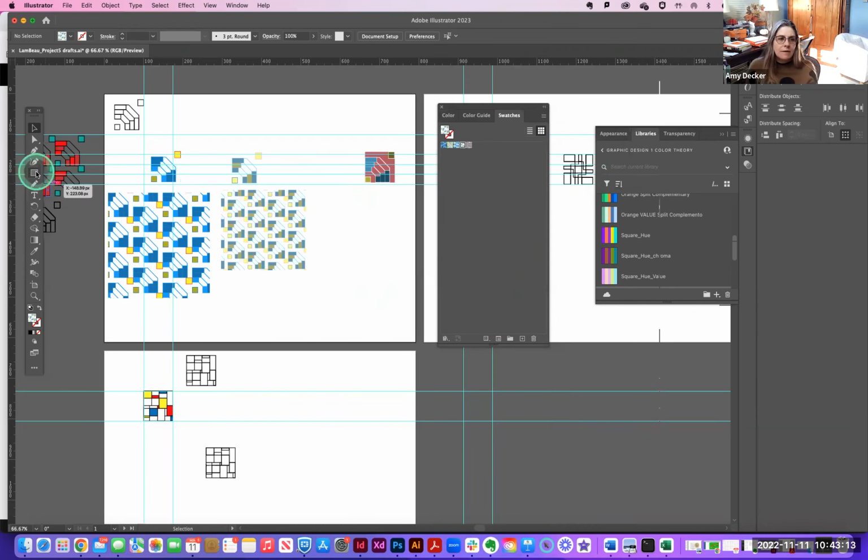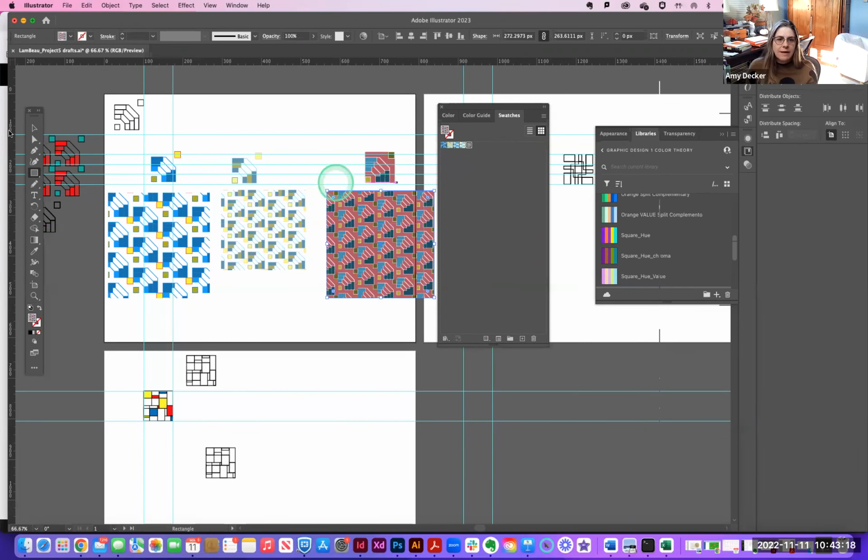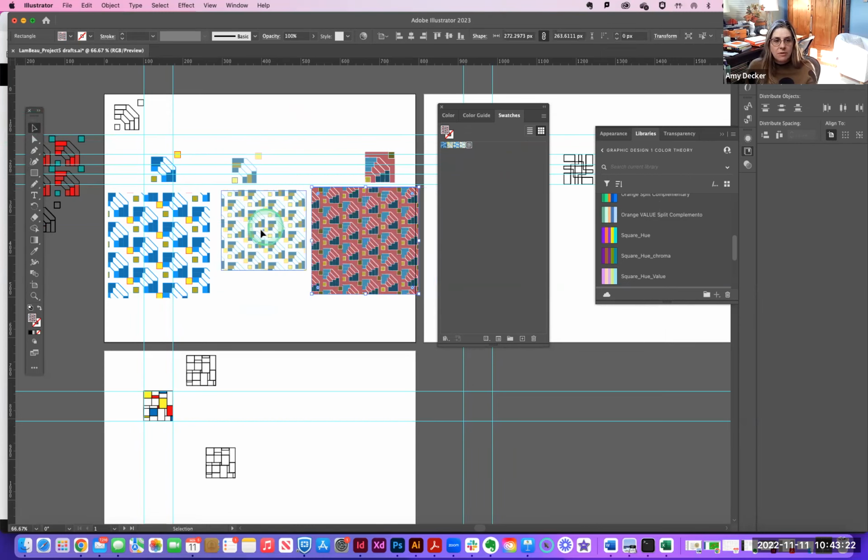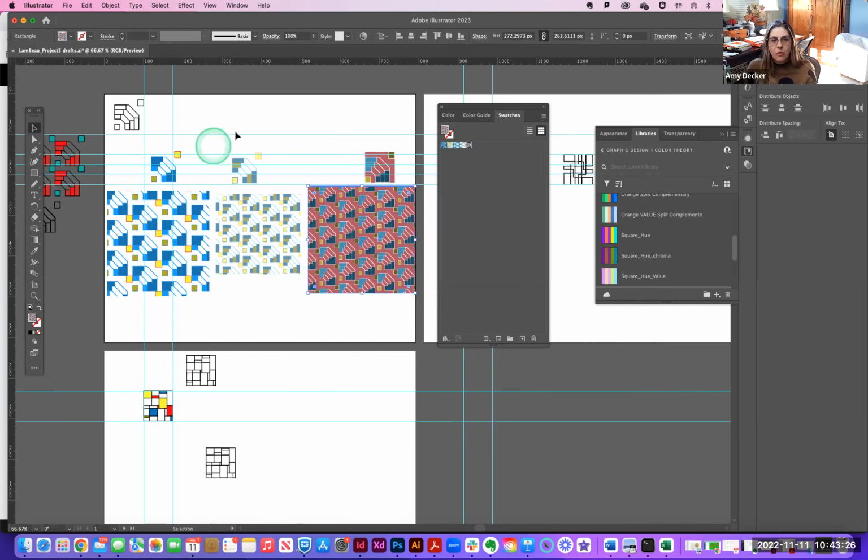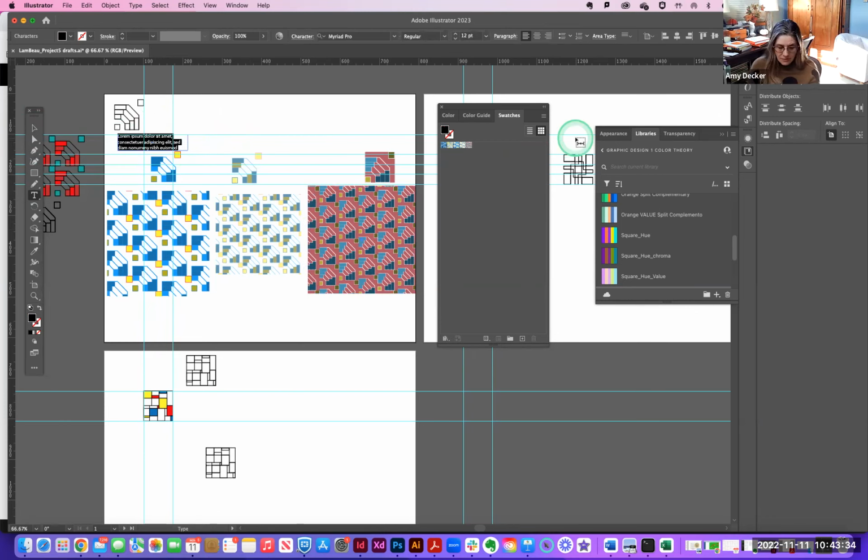Okay, so the last one I've done is right here. I'm going to choose my last one, and there it is. So I've just finished all three patterns that I'm going to use for my first one. And this one is the triadic colorway. So I would label it